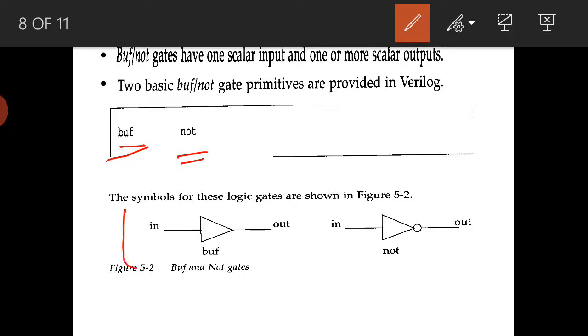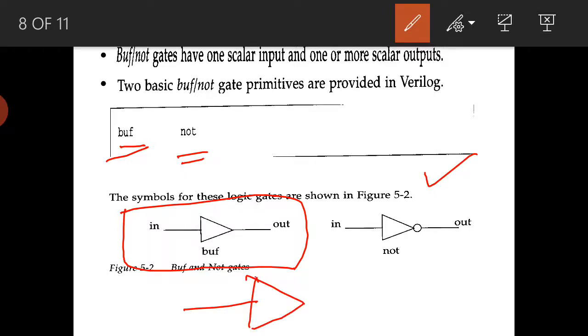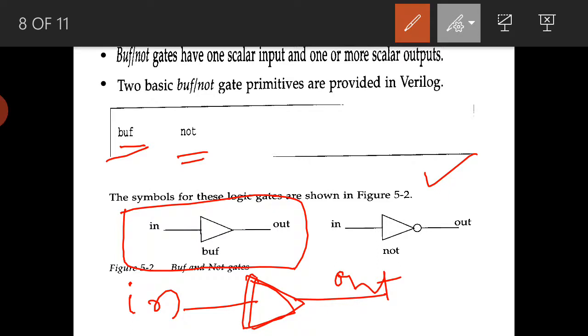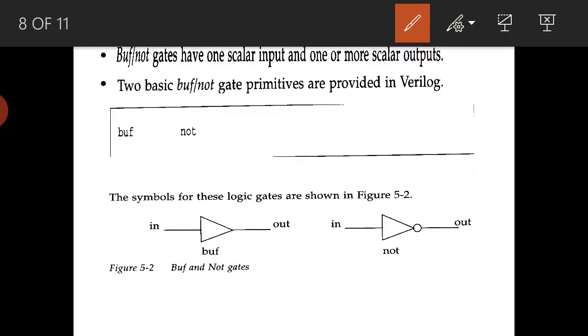These are the symbols for buffer and NOT. The buffer is just the triangle symbol without any bubble. As we know the function of the buffer, whatever input we give, the same thing we get as output. For example, if in is 0, the output is 0, and if in is 1, the output is 1.